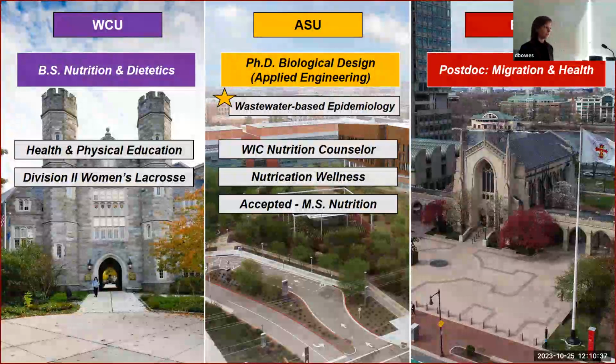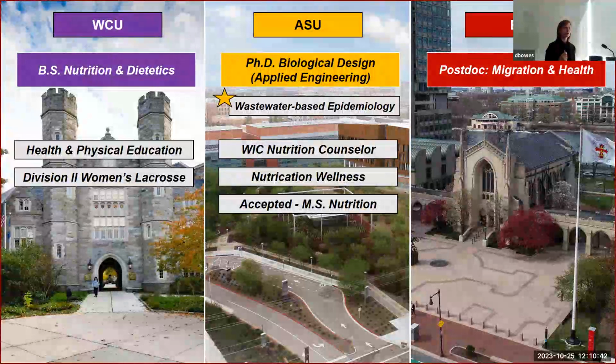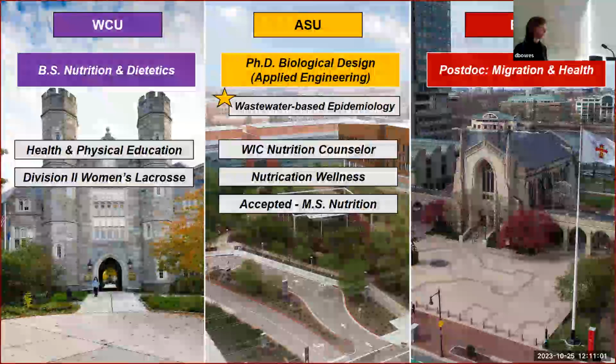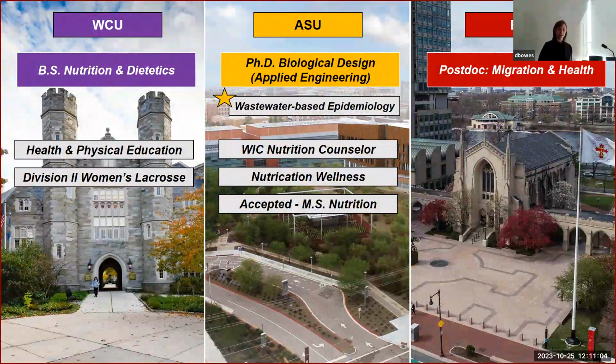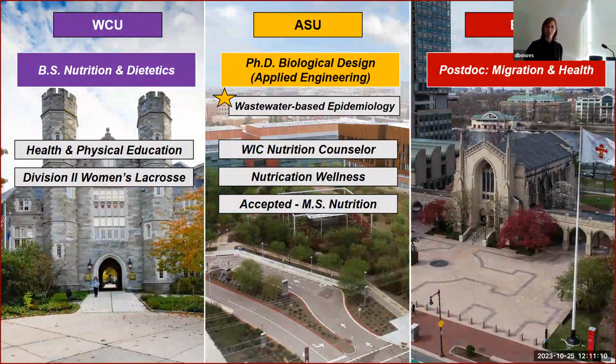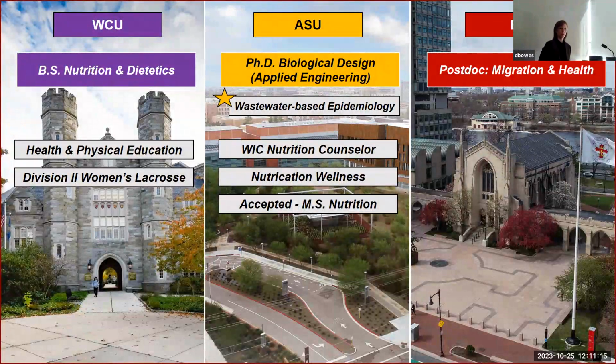So I did. I ended up visiting his group meeting and still felt like a square peg in a round hole, but something was drawing me to continue. And I ended up switching yet again from my master's in nutrition to a PhD in biological design, which is ultimately what I ended up getting my degree in. From that experience, I then moved on as a postdoc to Boston University, where we looked at all of the ways that migration can impact human health, which is what I was working on as I left and still continue on today. So definitely not linear. Trust your gut. You never know who you're going to meet, and happy to chat more about that.